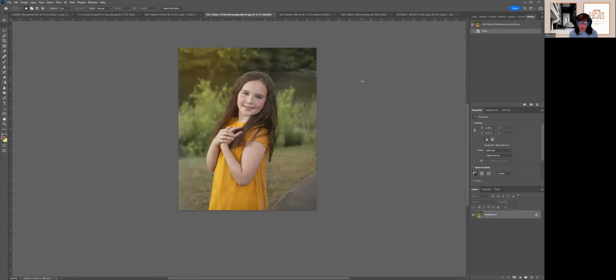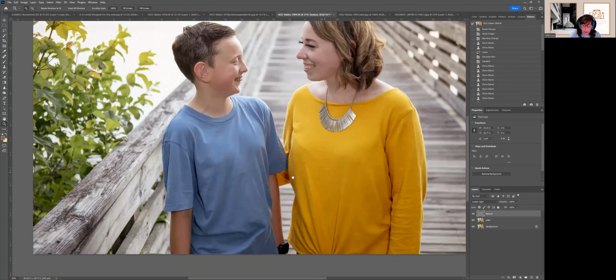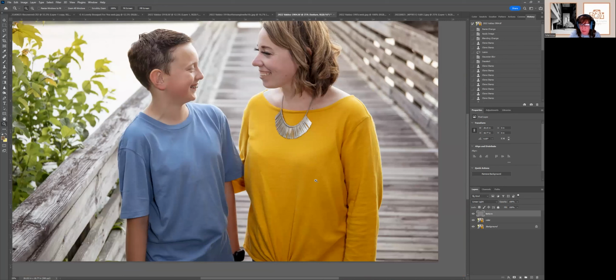You want to go to the point where you start to lose definite detail, but not too much detail. Even if you watch these tutorial videos on the internet, they're not going to give you a real specific number. They'll give you a number that they like, but I think it's up to everybody and what their taste is. I just went with 6.6 because that seems to work really well for me. When I went on her sweater, I could really easily tell how much blurring was too much blurring. You know what I mean? It didn't look right because it looked all flat and weird, and it looks a little flat and weird right now, but